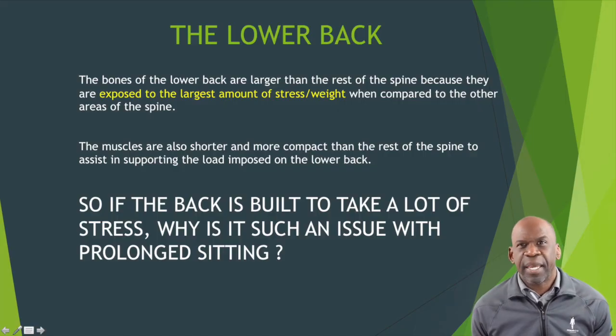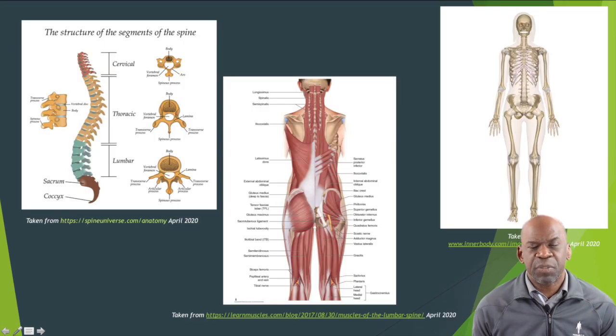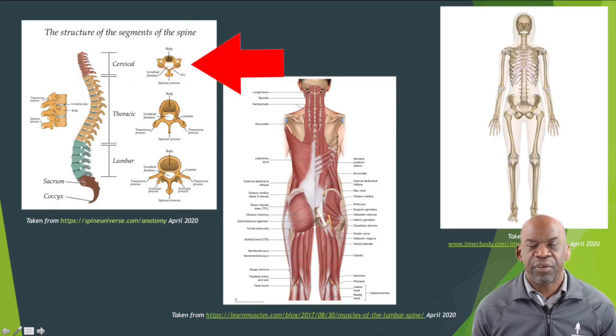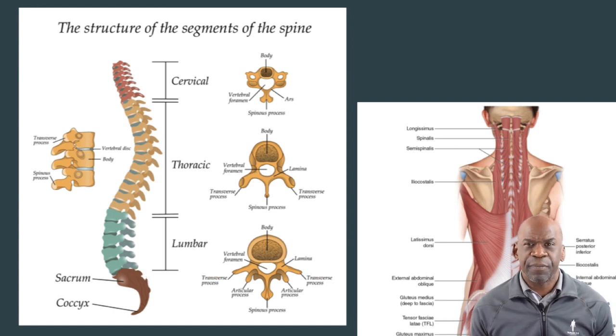Okay, so now let's get back at it, and let's move on to the lower back. If you look at the spinal column, you will note that the vertebrae at the top are much different than those at the bottom. The vertebrae at the bottom are much larger, much taller, much stouter, and basically more robust in appearance than the vertebrae at the top.